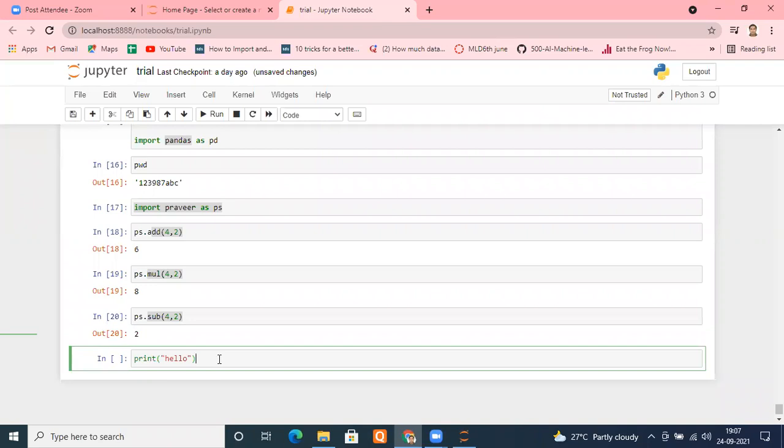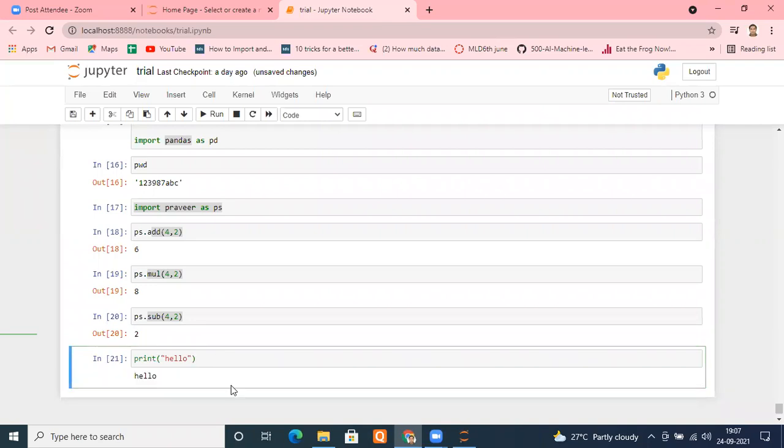But actually, behind this print function, there is some code written which is not visible to us. They have made our life easy. You just have to call a function, the print function, and it is going to do the printing for us. But behind the hood, definitely somebody has created the print function to make your life easy. You just put the argument here and it will print that. Print is a function.